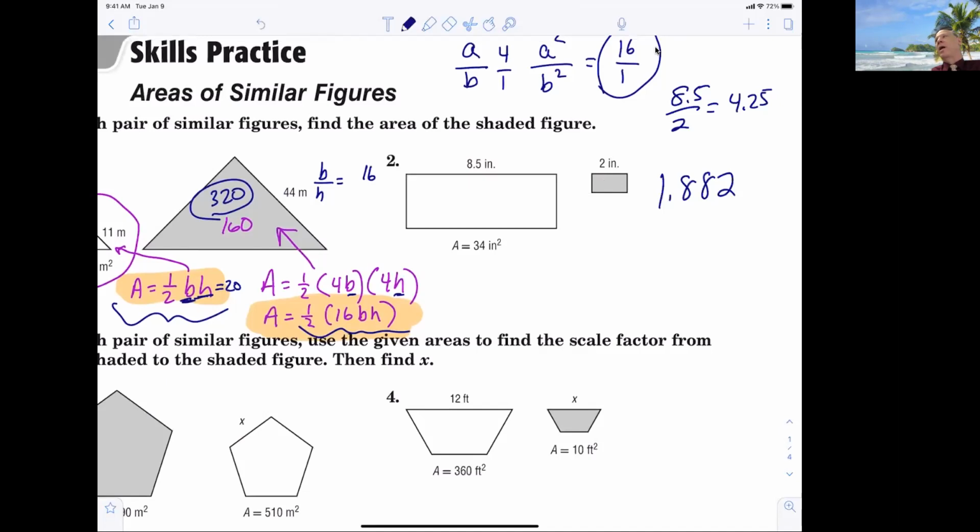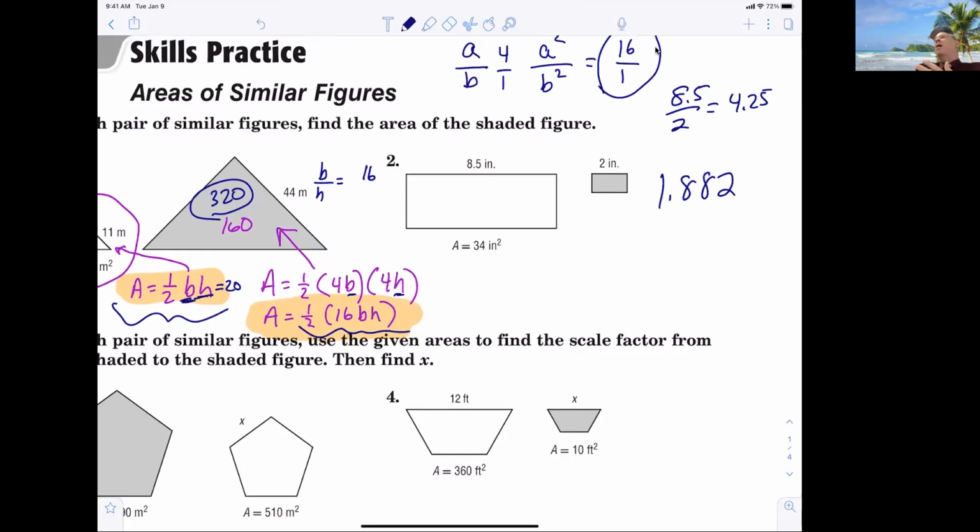Does everybody agree with that? Now, all you have to do is say, man, I'm sorry, I'm not getting it. Anybody have any issues? Listen, are you sure? You positive? All right. No, I'm not asking that. I'm asking, does everybody understand 8.5 divided by 2 is 4.25? That means each side of the large rectangle is 4.25 times greater than the other corresponding side. Is everybody with me? Does everybody understand that? So now, if each side is 4.25 times greater, 4.25 times 4.25 is that number, Karina said,